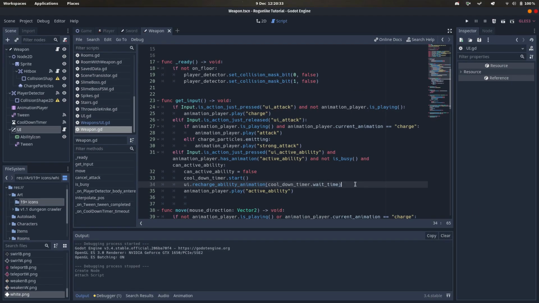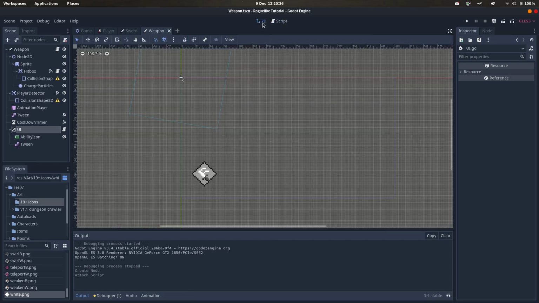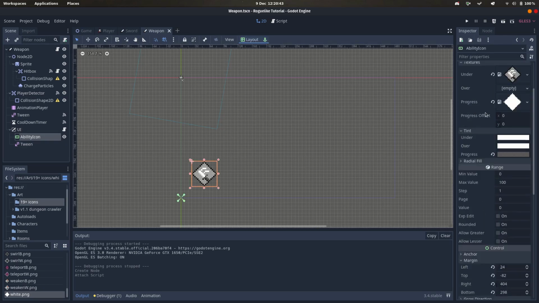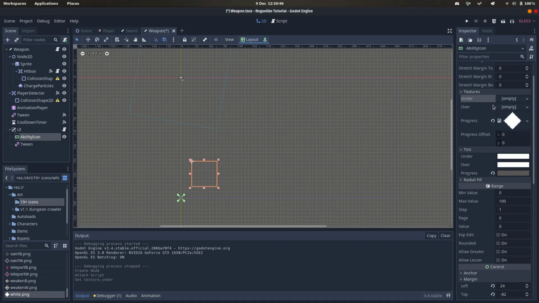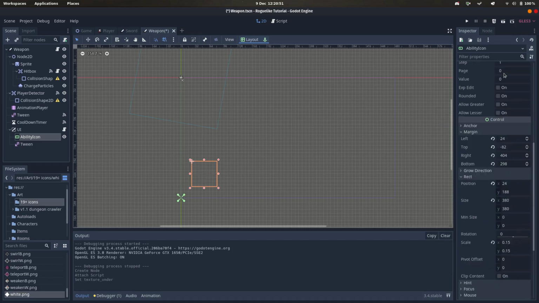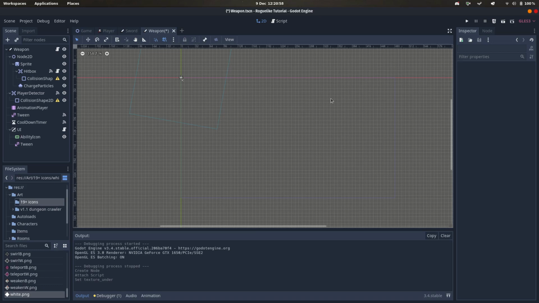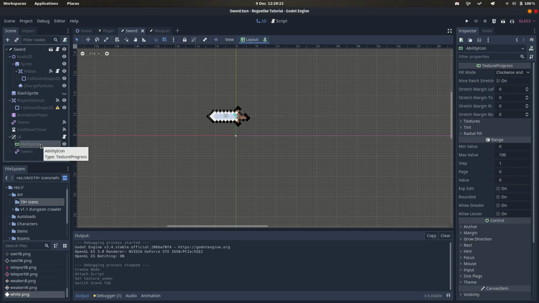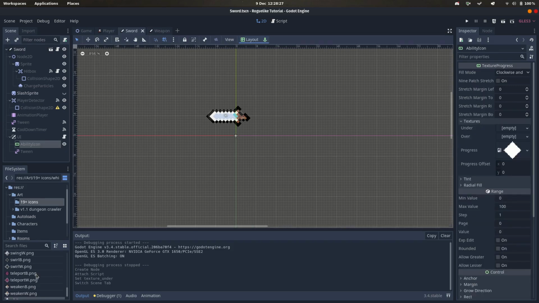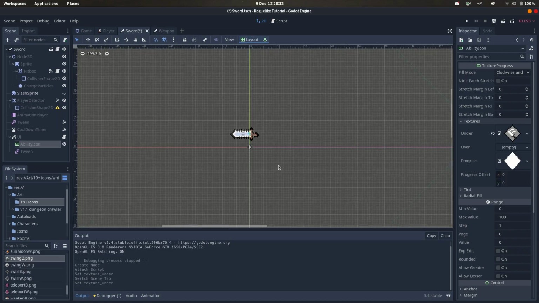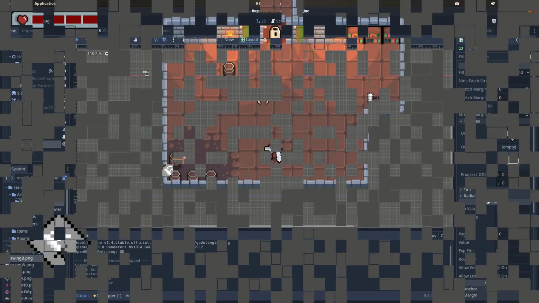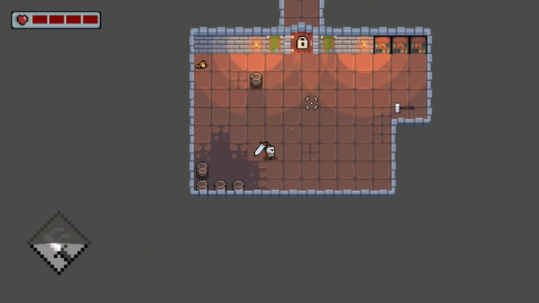Maybe not all the weapons will have an active ability, so we have to hide the ability icon in the weapon class and make it visible only on the weapons that have it. For that reason, remove the under texture of the ability icon node and change each value to 0. Finally, open the scene of the weapon you want to have an active ability and add the icon you want on the under texture of the ability icon node. You can put different icons and cooldown times for each weapon. Play the game and try the new active ability.